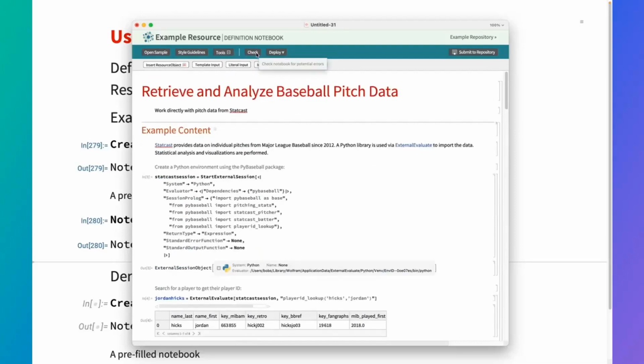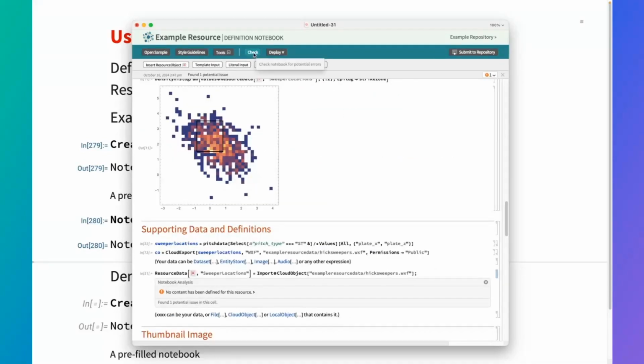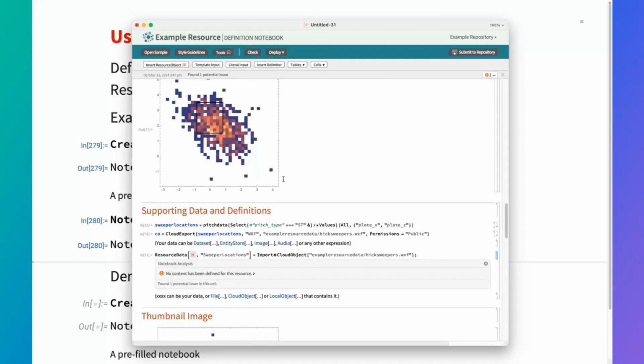All right, so this is sort of how you fill out a definition notebook for the example repository, and it's very similar to other repositories. Once I filled it out, the next thing I did was hit this check button. It will go through, analyze the notebook, and look for issues. So it says no content has been defined. This is a tricky thing. So this supplementary or supporting data,